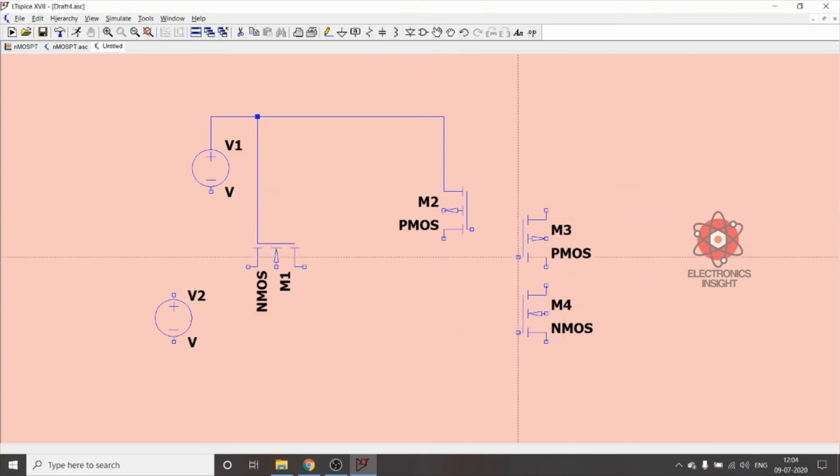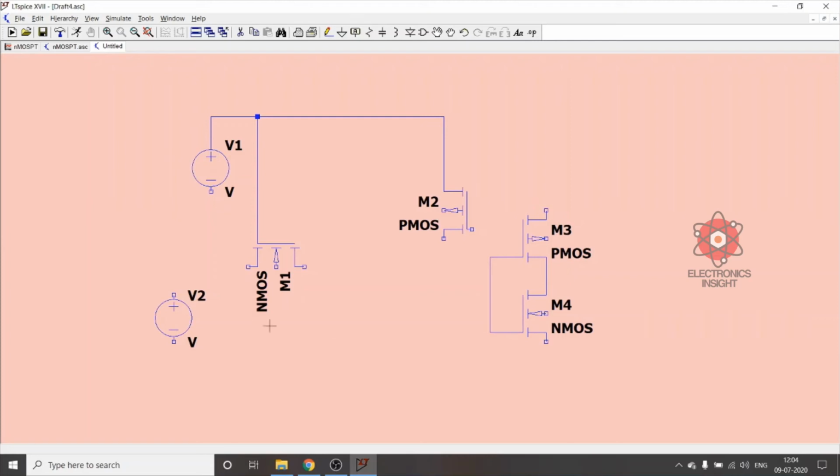So now we'll connect these two gates, and then we need to connect these drain terminals of the CMOS inverter. Let us connect the substrate later.